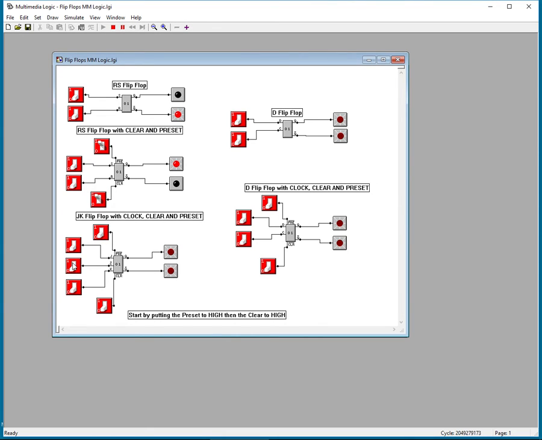I did add a clock here, but I can show you what I mean. If we start here by flicking the preset and the clear to high so that we turn them off, you'll see that the J acts just like, oops, sorry. For now, let me just turn the clock on so I can ignore the clock. I'll just leave it on. If you turn the J on, the Q comes on. If you turn the K on,